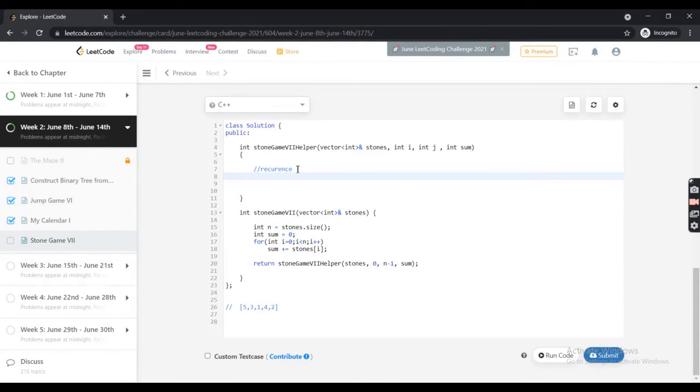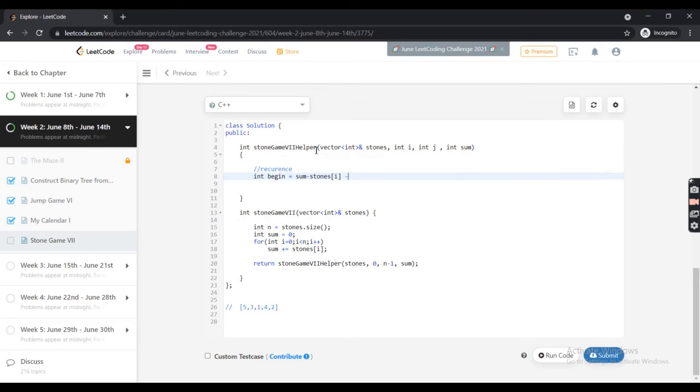What we need is that, let's say I want to kick out the first element, so int begin will give me the maximum profit I can get if I kick out the first element. So if I kick out the first element, I will do sum minus stones of i, which is my first element, and minus the maximum profit the other player can get from the remaining part of this.